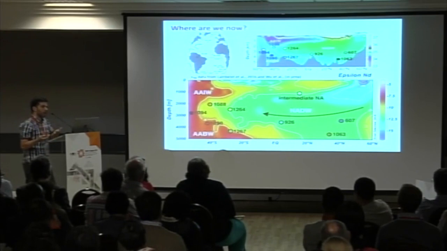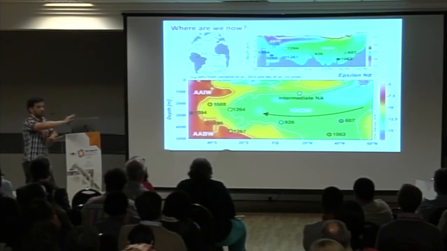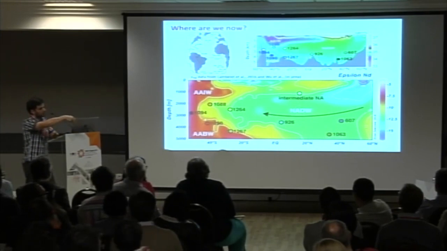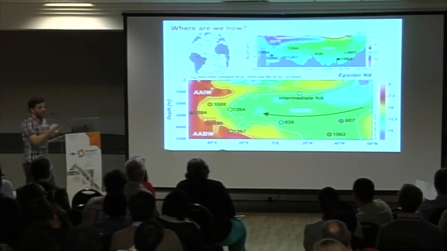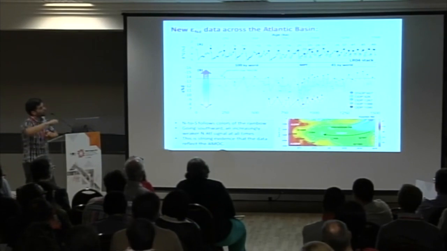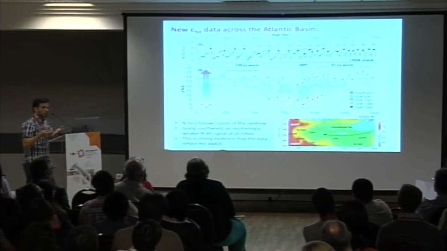And what we would expect from the neodymium point of view, just looking at the modern section, is a north to south gradient in epsilon neodymium values. We have more negative epsilon neodymium values in the North Atlantic, and less negative epsilon neodymium values in the South Atlantic. So here's the data. Let me walk you through this plot. In the upper section, we have the LR04. The solid dots correspond to interglacial peaks. The open dots correspond to glacial peaks. We have followed the same